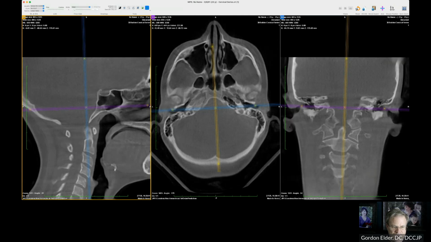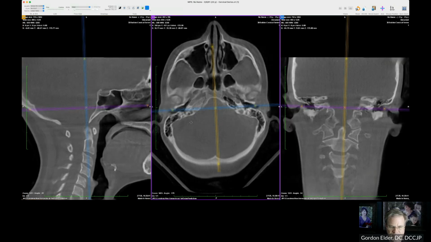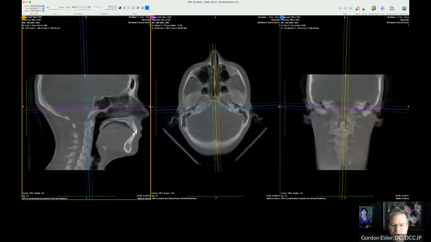So anything that you want to keep and come back to, use the dots. Typically what I'll do here, if I take a measurement, is I'll do a screenshot and write it down on a piece of paper. Okay, once we have the reference lines, the reference planes that we're going to measure that are not going to change based on the patient's posture,